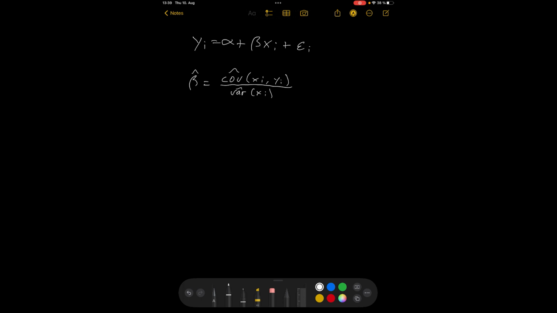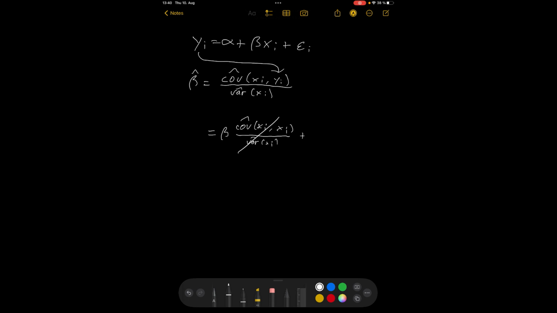So when we plug in the y_i here, what do we get? Well, the alpha cancels out. Then we've got beta times the covariance of x_i with x_i, which is just the sample variance of x_i, divided by the sample variance of x_i, so this cancels out,